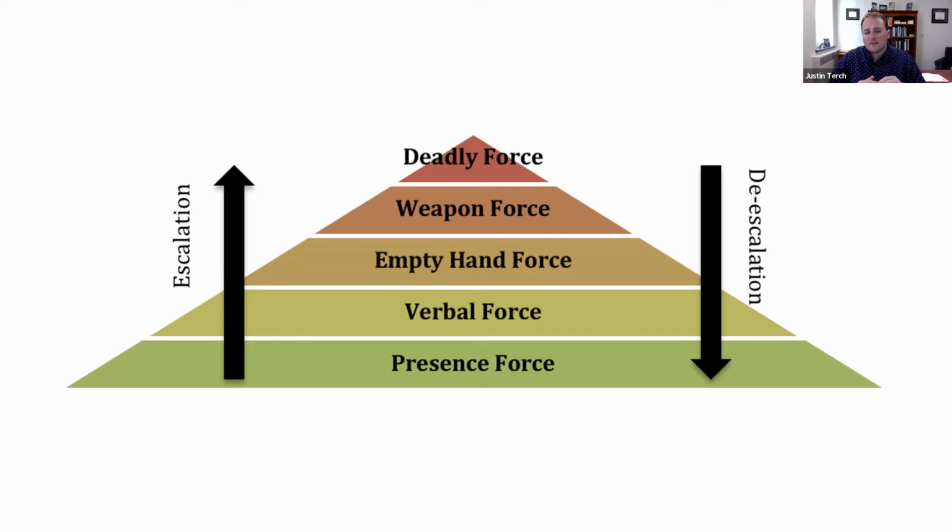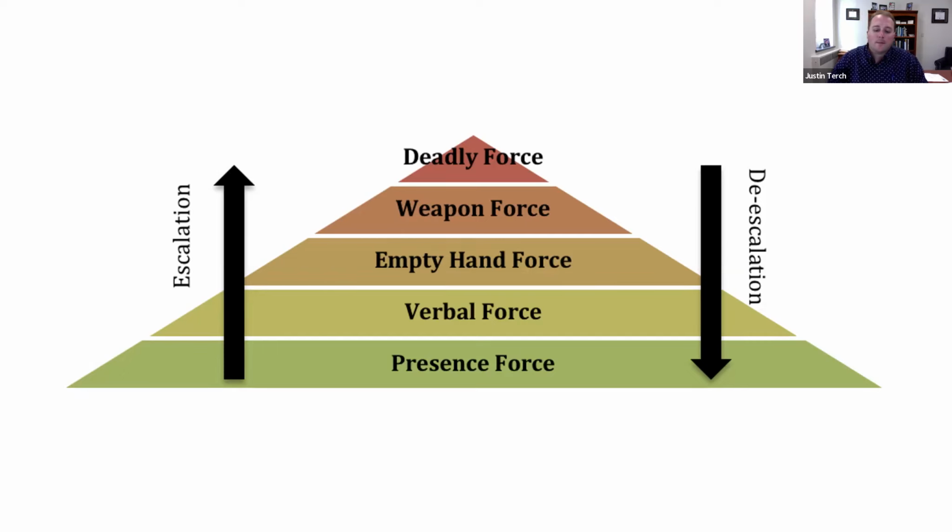And so remember that if somebody is using a weapon that is unlikely to cause you death or great bodily harm, and we'll talk about what that means in a little bit, it doesn't mean you get to shoot them, right? For instance, there's a difference between a baseball bat being swung at your head and somebody throwing a stapler at you or throwing some other object at you that might hurt you, it might injure you, but it's probably not going to kill you.